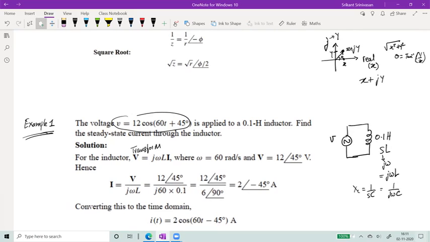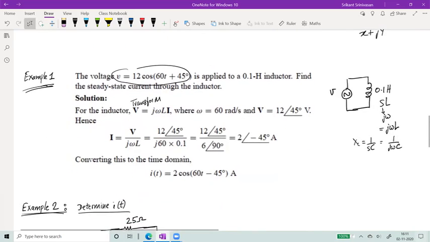How do I divide two phasors? Divide the magnitude. 12 divided by 6 is equal to 2, and subtract the angles. 45 degrees minus 90 degrees is minus 45 degrees. Therefore, this is the current through the phasor, straightforward, right? If you had to do Laplace transform, what would happen? You would have had to write an equation for this, s by s square plus omega square, solve the thing and then find the inverse Laplace transform. So only for the special case of a sinusoid, that means a sine or a cosine function, you are able to directly apply this j omega L and directly compute the answer current.